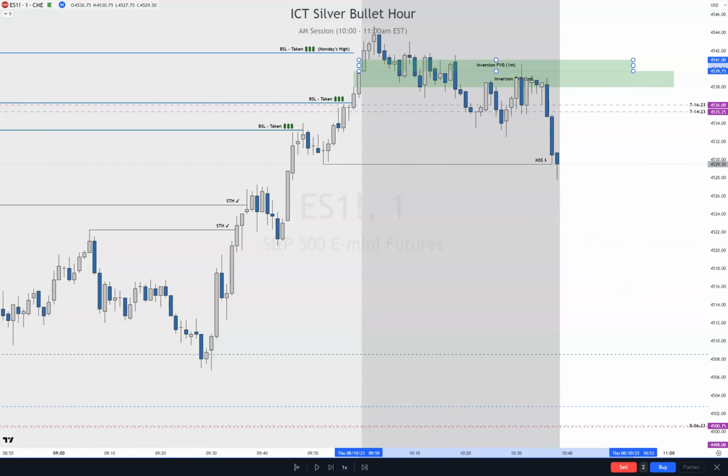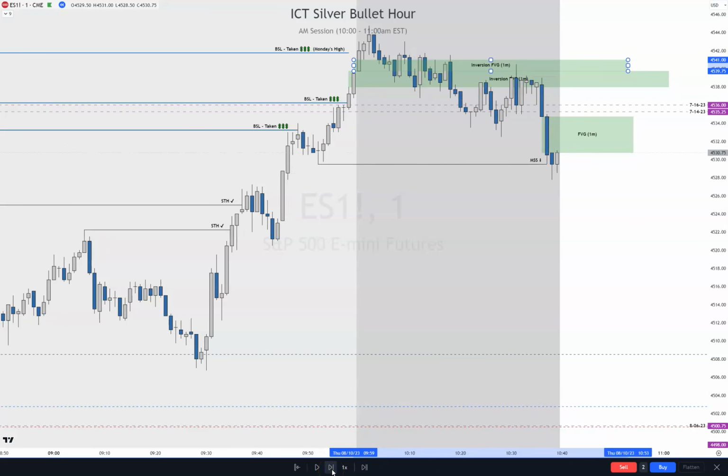Now, I have a fair value gap here, as soon as price closes right here. So if price comes up in here, I have a limit order right here. That's where I'm taking this, okay? That triggers me in. I'm in the trade. New week opening gap, 5 handles here. I don't trade more than that, so it's 5 handles. If it takes me out and it comes up here, I'll just get in again.